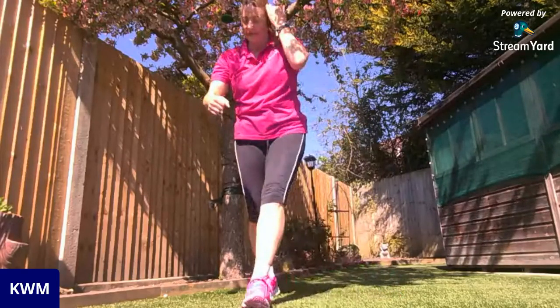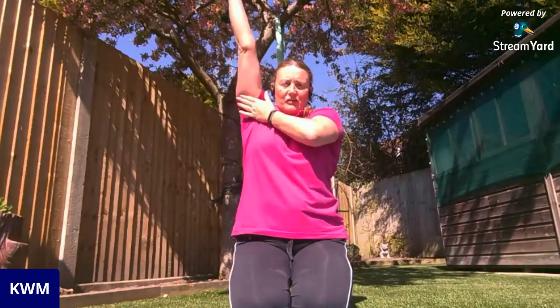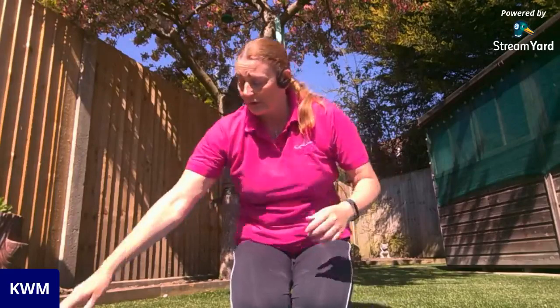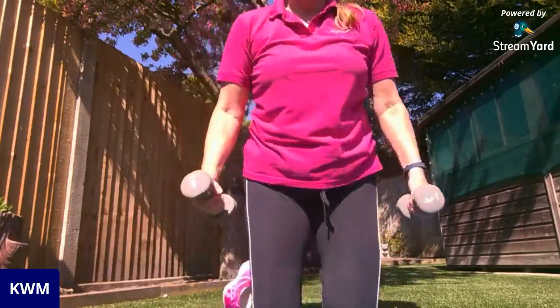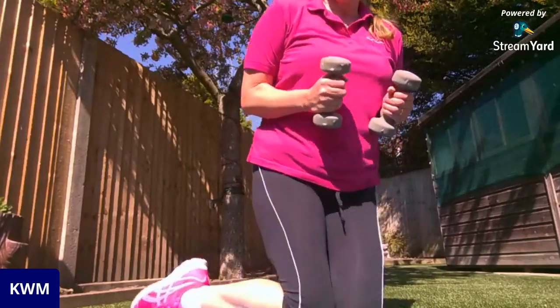Triceps. So we worked the bicep, which is here on the front of the arm. We're now going to work the tricep, which is on the back of the arm. So the bicep is responsible for bending. The tricep on the back is used in pushing moves or extending, straightening the arm. Okay. So what we're going to do, again, sitting, kneeling, standing, whatever position you want to be in, tuck those elbows in